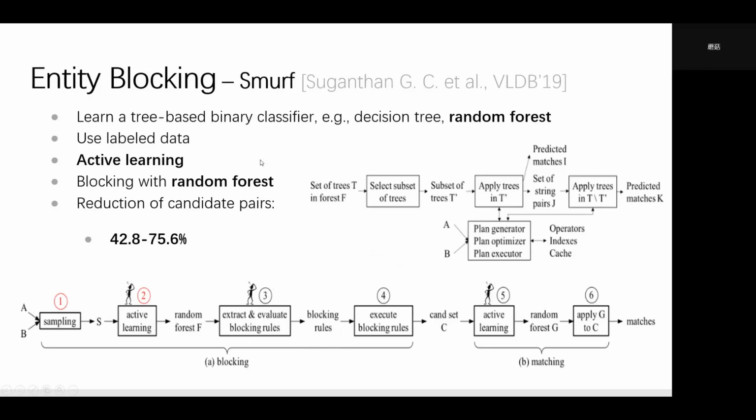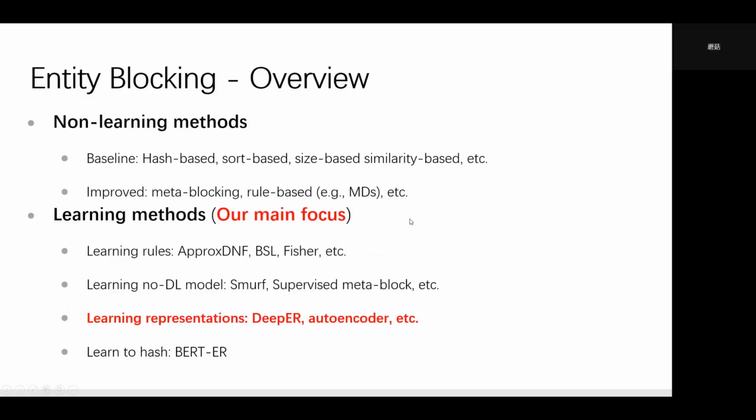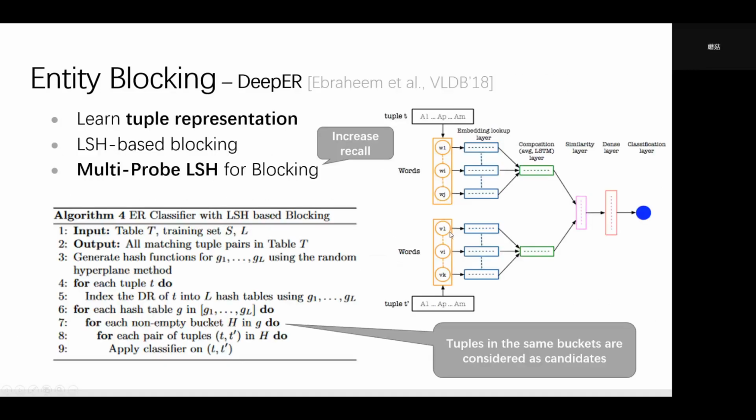Third, then we use some deep learning-based methods. So here the figure is converted to a dense representation, and then we use a classifier, including the semantic layer, dense layer, and the softmax layer to output the final binary decision, 0 or 1. And so after each tuple is transformed to the embedding, they use the LSH strategy to